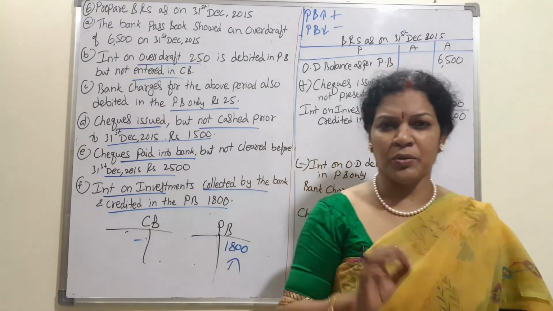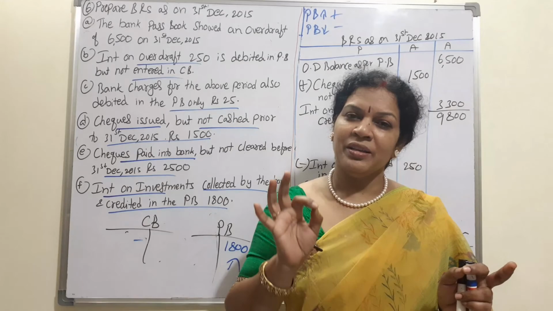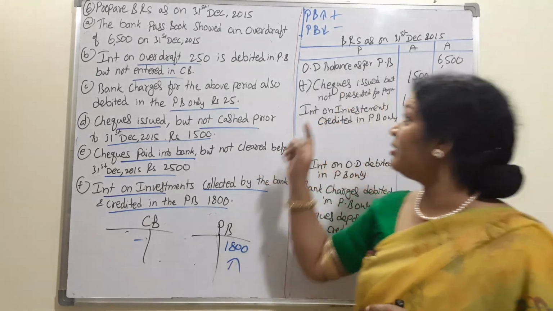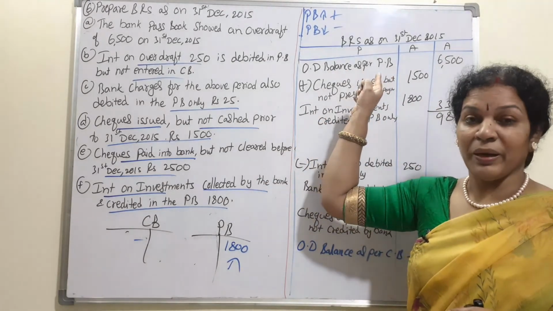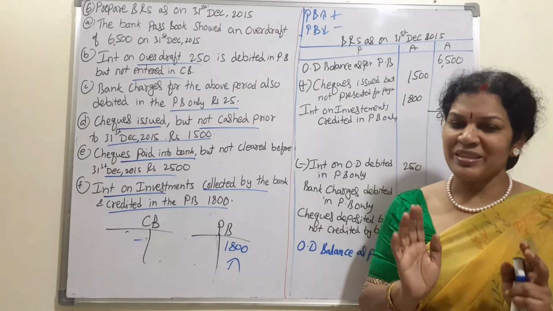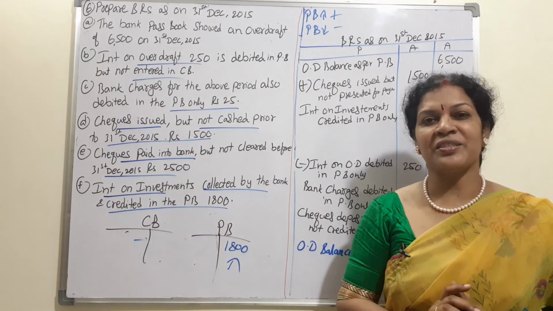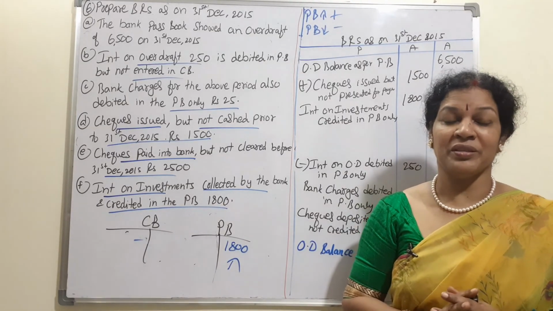Hope you understood it. Overdraft means nothing simple. Whatever balance is given, the same book we will see. Here passbook overdraft balance is given: passbook more, add; passbook less, deduct; means the same book we have seen. Shortcut method to understand these overdraft problems, that's all.